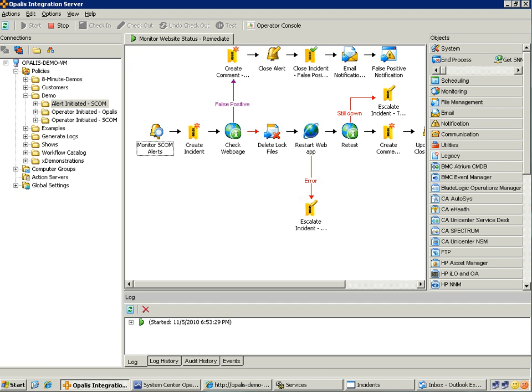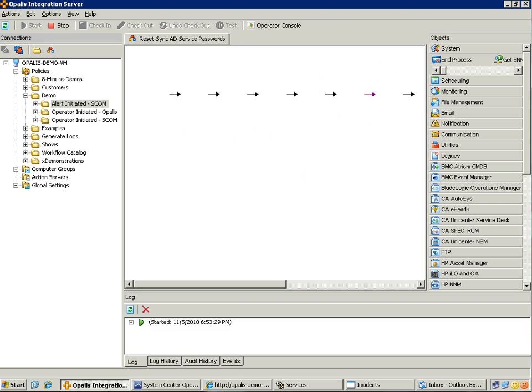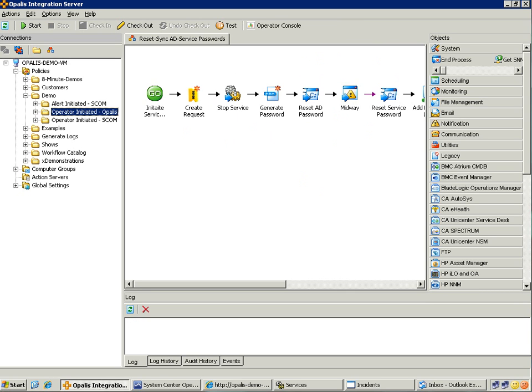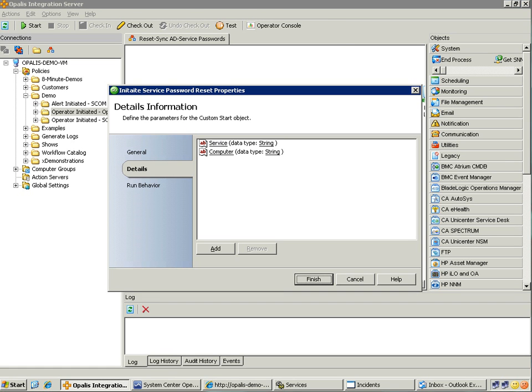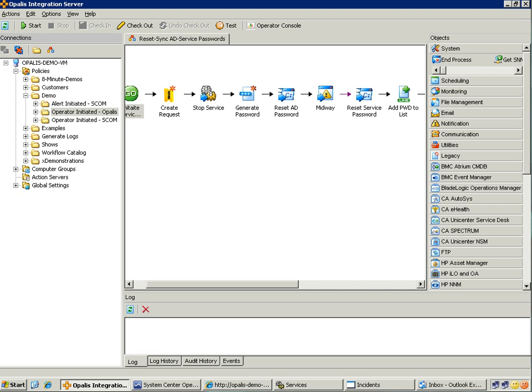So another thing that's probably not new is an Opalis initiated workflow. In this workflow, as you can see, it's not running, but we do have a custom start object with a couple parameters, service and computer. And in the workflow itself, a ticket is created. We're going to stop a service, and then we're going to generate a password,